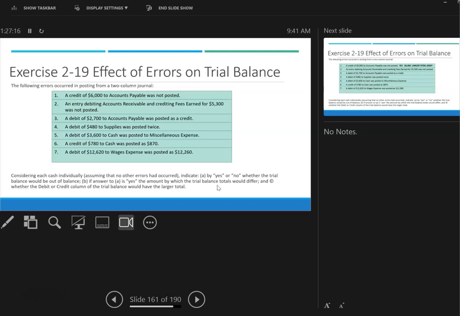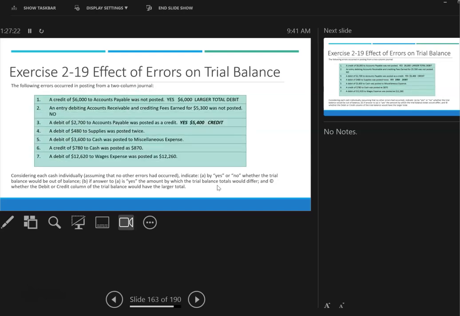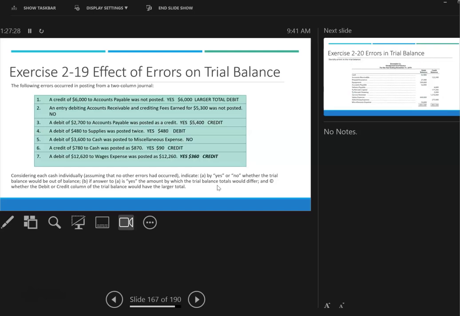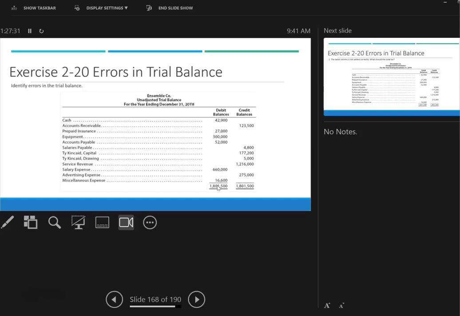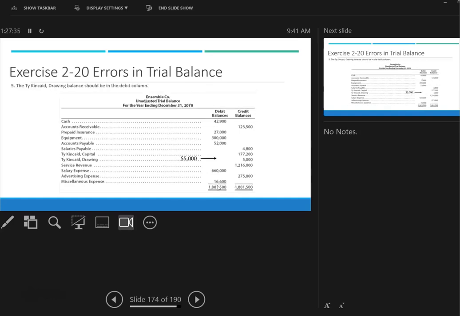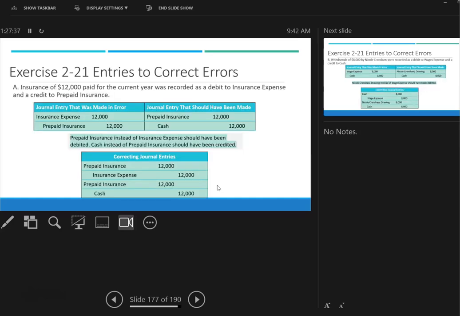So you've got a couple of these you can look at. I have another one set up for you. I'm sorry, I just want to get you out on time and not be behind and finish this up. This is just showing you some errors, okay? Just so you understand how they affect the debits and the credits, okay? So as we move on here,